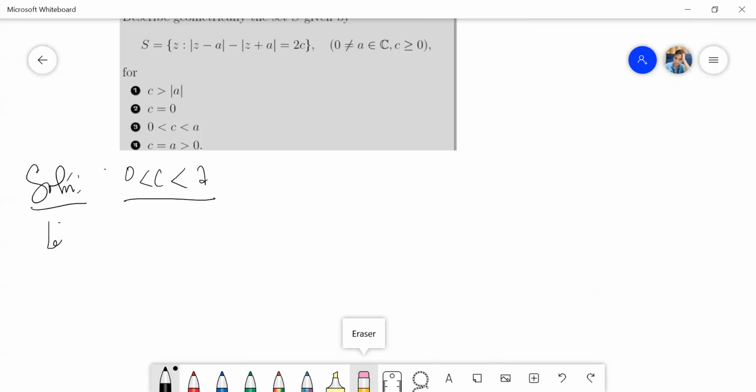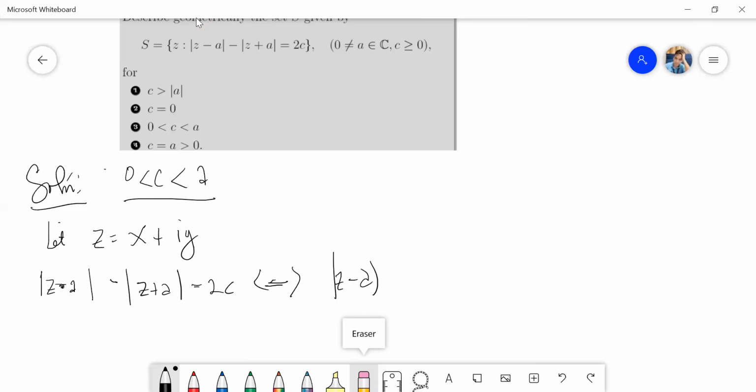So let's consider Z. Our Z here is of this form. Then you have modulo of Z minus A plus modulo of Z plus A equals 2C. What does it mean? This implies, if and only if,